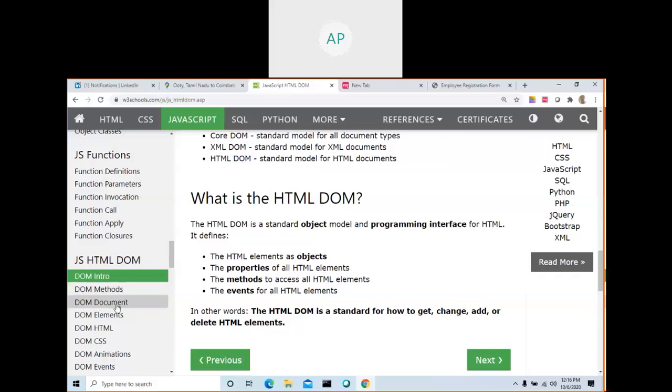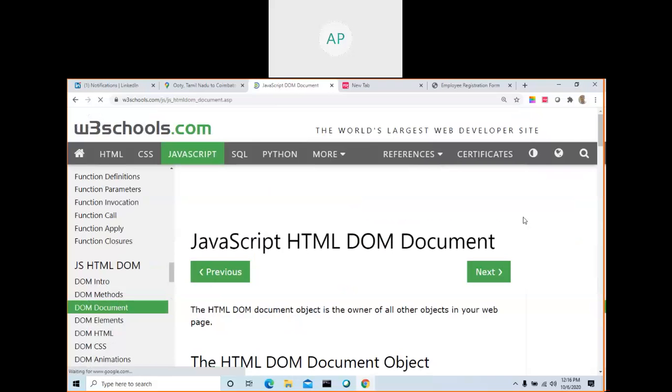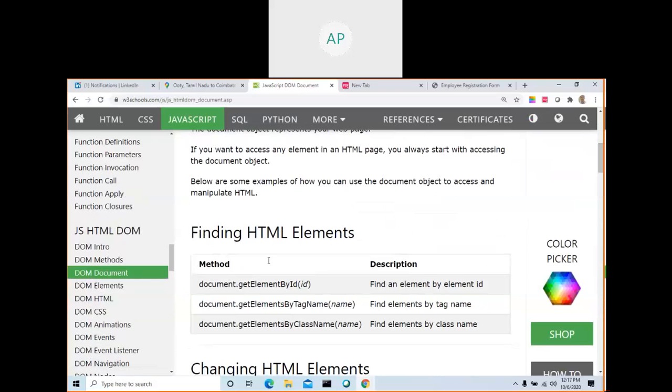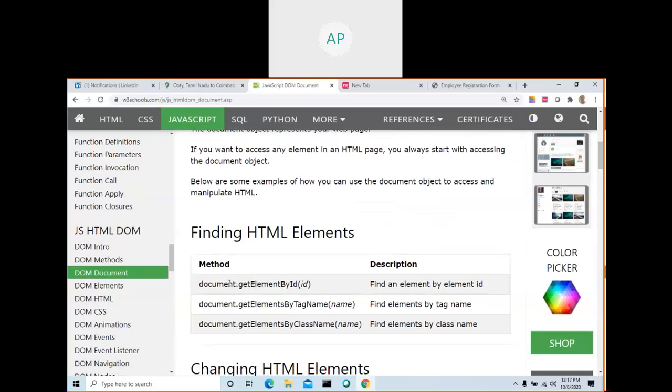Okay, anyway. There are three ways you can select an HTML tag. See here, by using document.getElementById, document.getElementsByTagName, and getElementsByClassName. Your document contains methods like these.